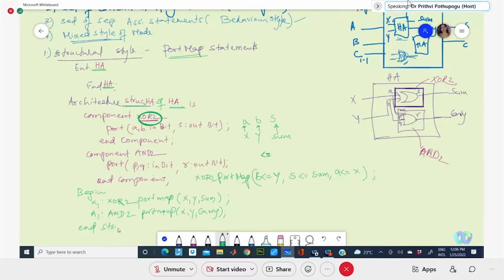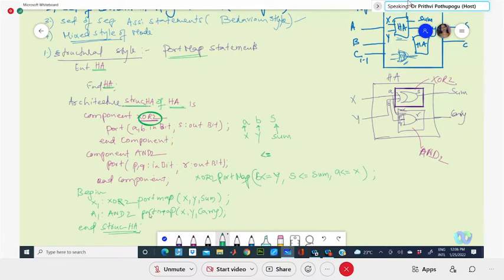What was the name given? It is struct underscore HA. The same. This is simple. So what is the prerequisite? The information regarding the components that you are using should be known to you. This will be completed within two statements, because you have only two components here.